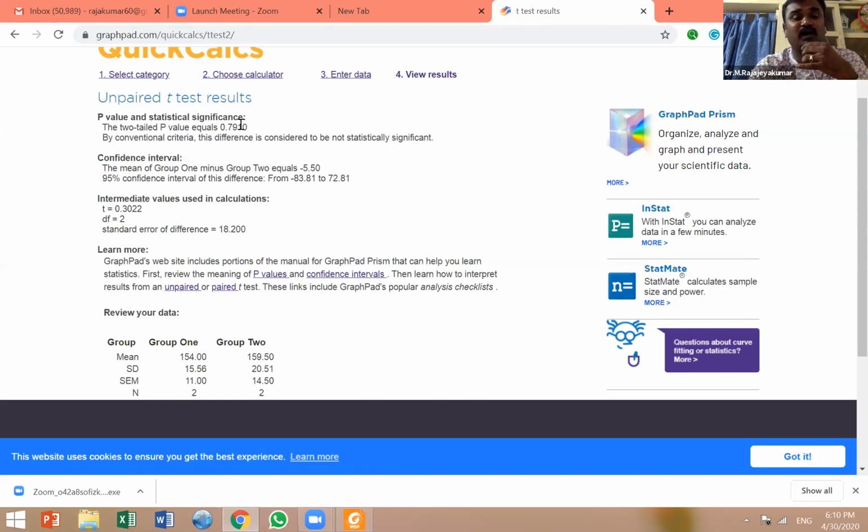So always, whenever you are going to make the table, you need to include this 95% confidence interval in your table. Then only the researcher, reviewer or editor will check whether your p-value is significant or not. If you skip this value, they will have some doubt about your research. Whether you are doing paired or unpaired t-test, you should include the 95% confidence interval in your table. So you should not forget it.